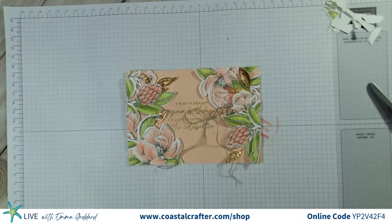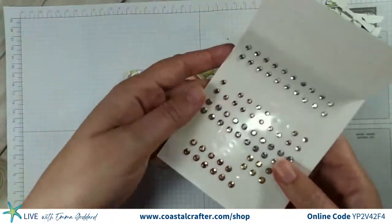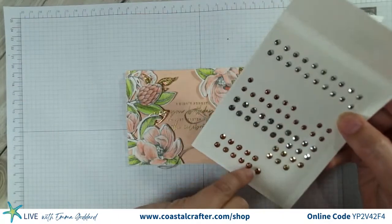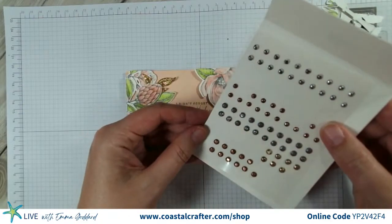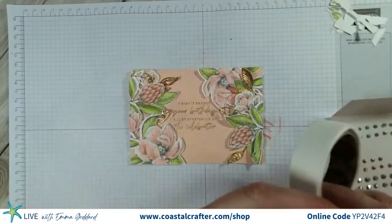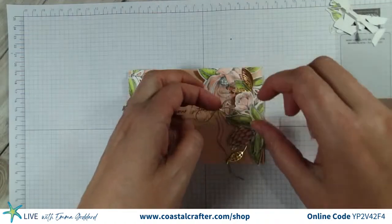The metallic gems, these ones, the adhesive back metallic gems, a really lovely surprise for how beautiful these are. I don't know if they pick up on camera because of the acetate particularly well. But you've got silver, copper, I've used all the gold, and then silver large, gold large, and then the copper. So you've got those 3 rows of one size, and then you've got that size. But really lovely. And these will just go, those gold ones. Even actually, I might use the copper because it just is a bit of a warmer tone under the